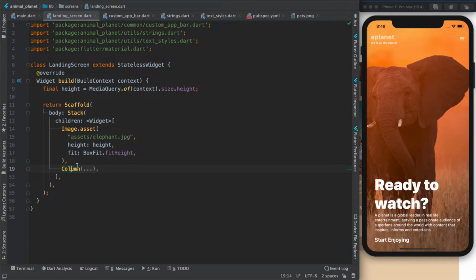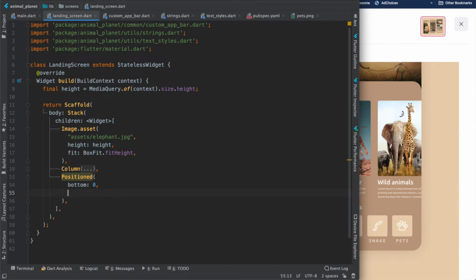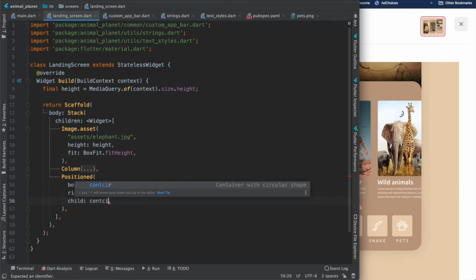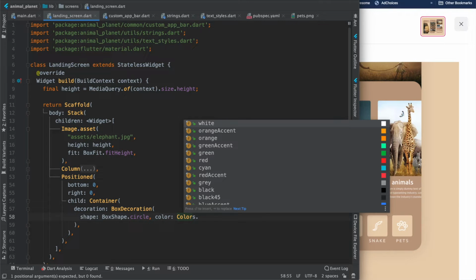After this column, we need something extra on top of it, right? So we will position from bottom. It is 0, and it will be actually something in minus, but right now let me add it at the bottom right portion. Then the child will be a circular container, which has shape as circle, and color, we will have to define that color. But as of now, since I have not defined it, let us take it as off white. So it will be white,